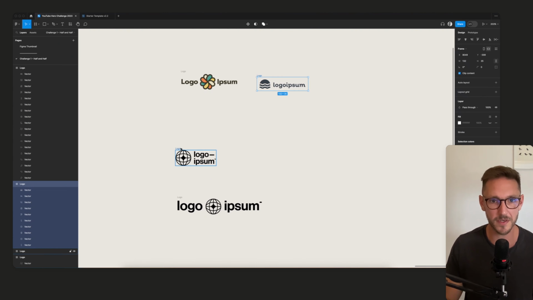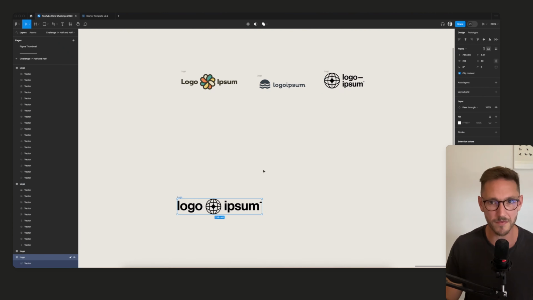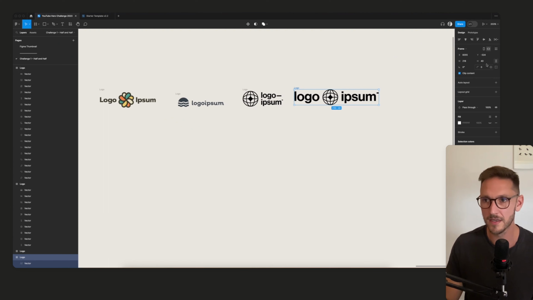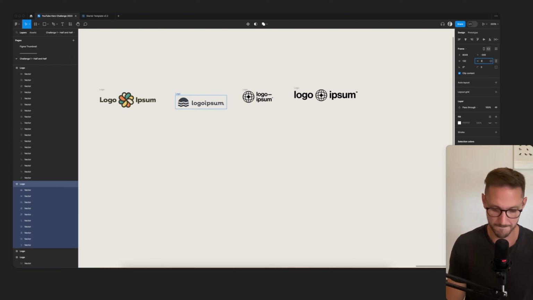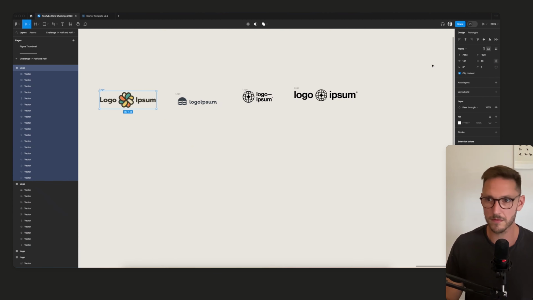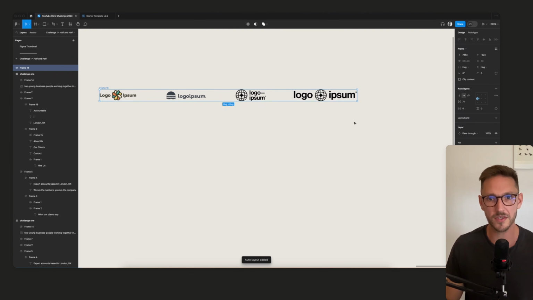So let's just pop them in a line. I'm just going to sort of create my frame over here first. Let's make sure that their height is quite small. Let's go 30 max height, I think. And that one looks a bit big, but we'll adjust that in a minute.